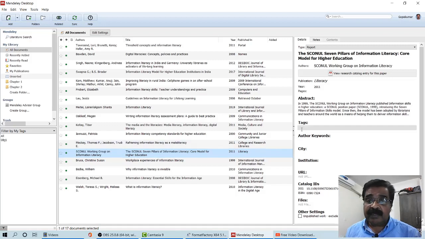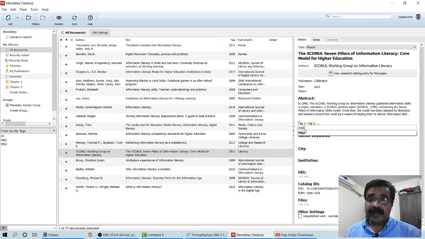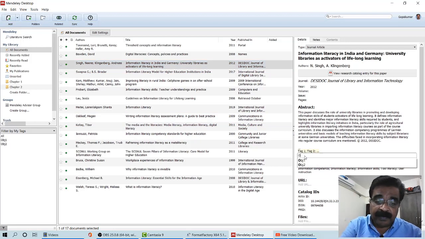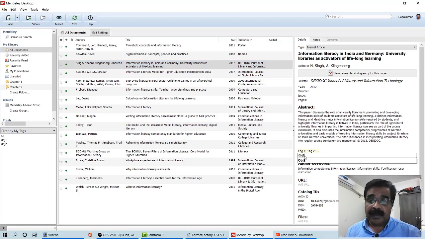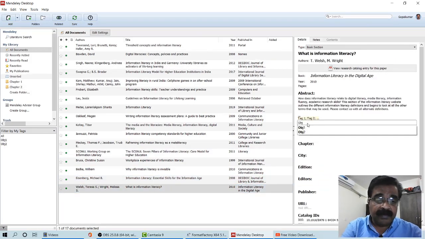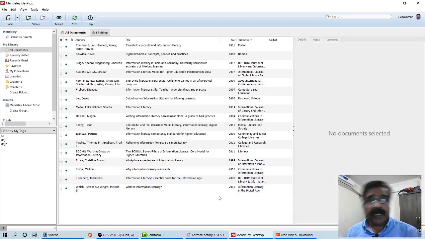Now this is useful for objective 2. Select one more item and say that it is required for OBJ2. I am selecting one more item, the last one, for OBJ2. So this way we have tagged some of the references as OBJ1 and OBJ2.